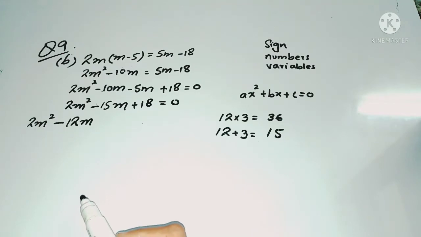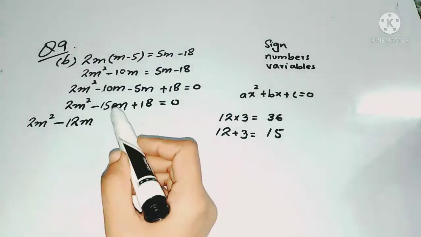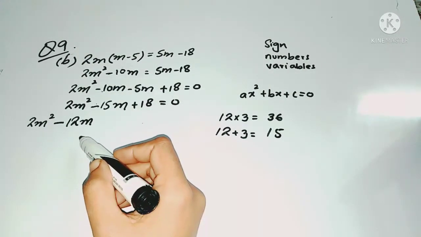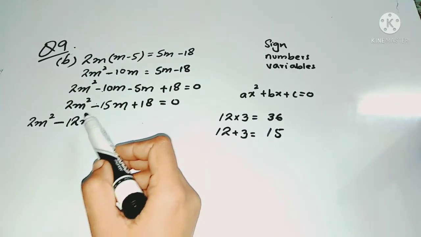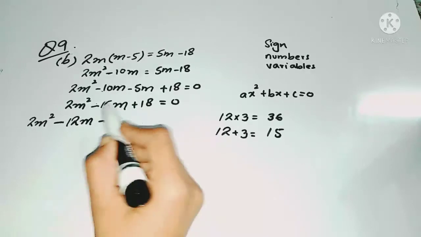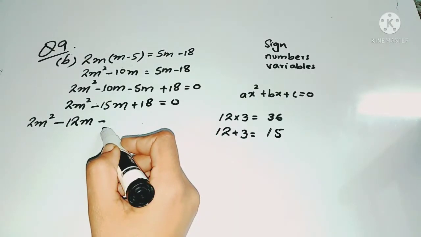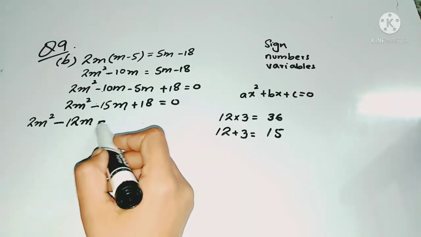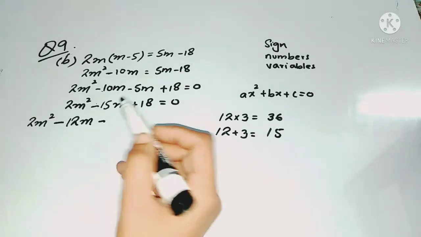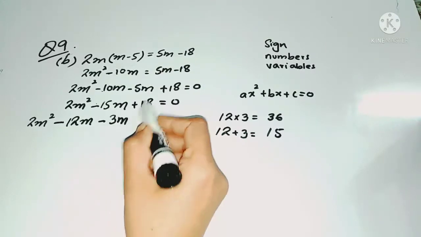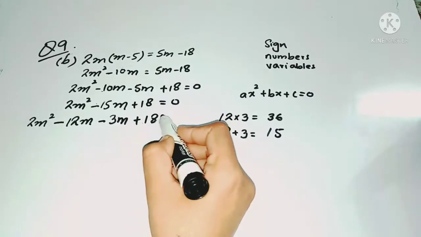What should be the other sign so that you can get 15? As you can see, this is 12, and this is a minus sign, okay? Minus minus is plus, so it means that the other sign should be minus. Minus minus is plus. So when you add 3 and 12, you will get 15. So you need a minus sign over here because minus minus is plus. You will do the operation of addition. Write the last term as it is.